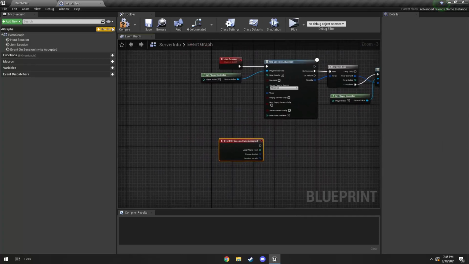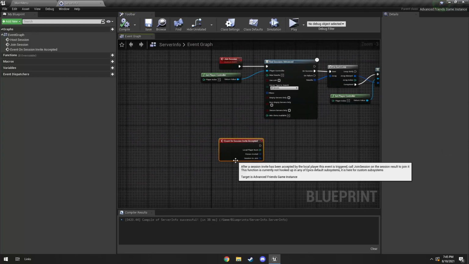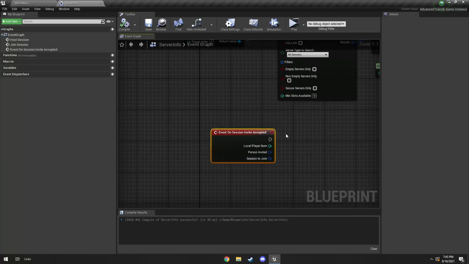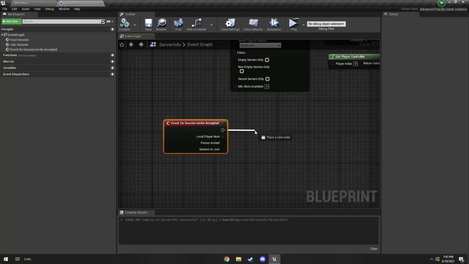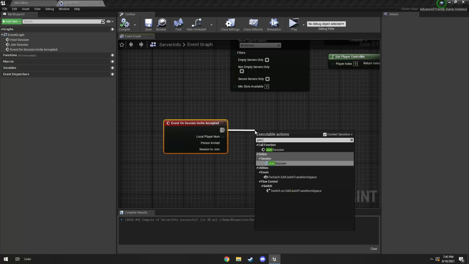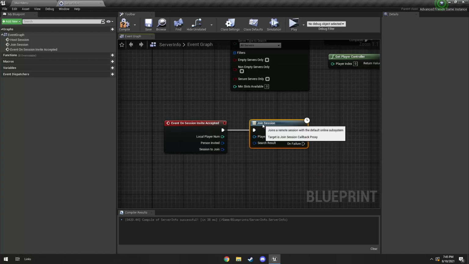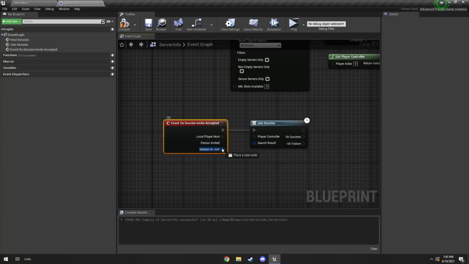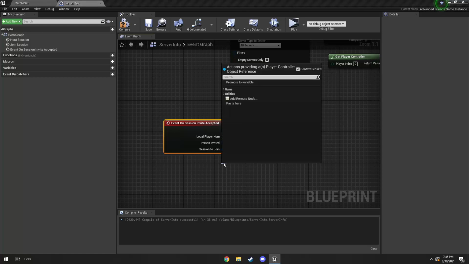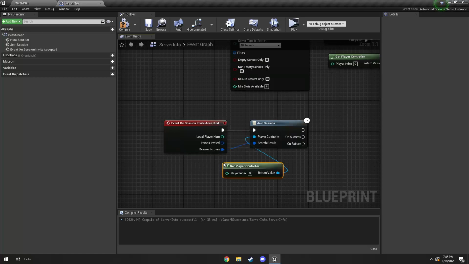Whenever you invite your friend through Steam, they get the message, they click on join session. This is what handles what happens after they click join session or join game. And so this is going to be a join session node, and the person invited or the session to join is going to be search results. The player controller is just going to be get player controller, because they're going to have the game open anyways